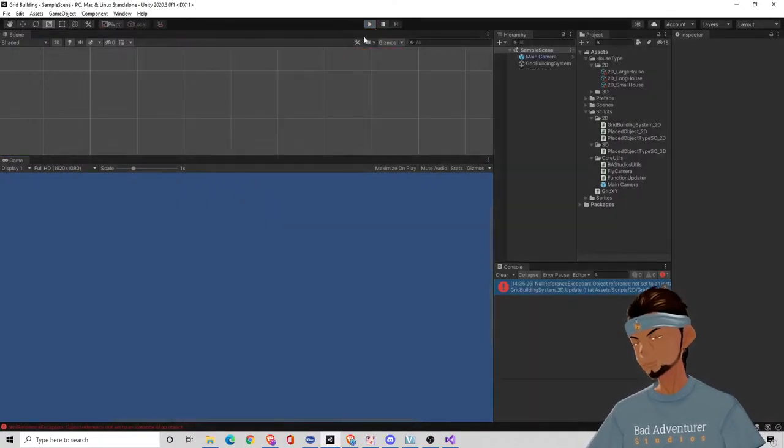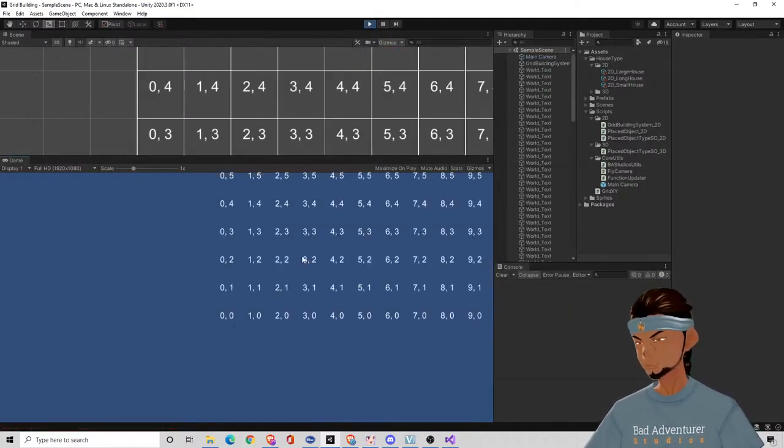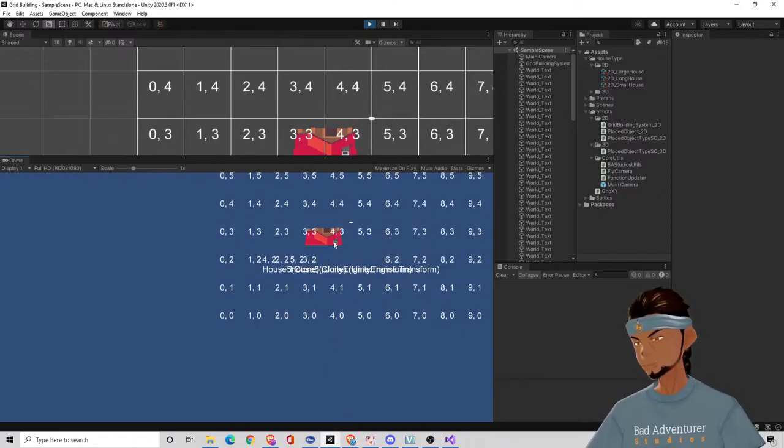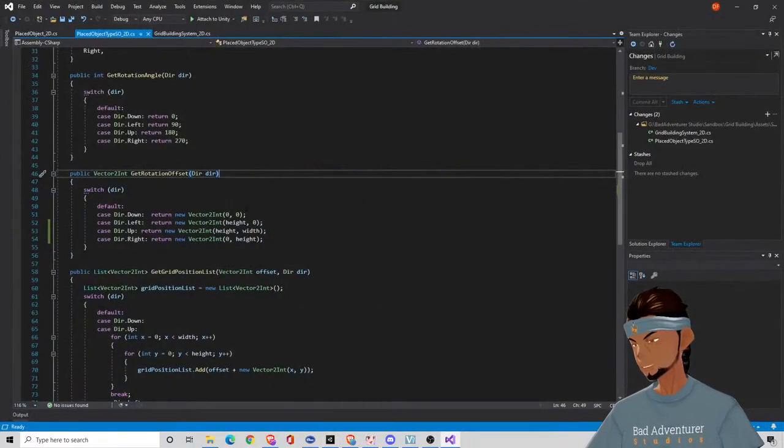Oh my. I don't know what I did. Okay, so I pushed it up. I don't need to push it up. It needs to just come straight down. So